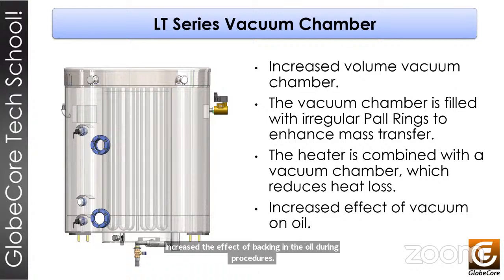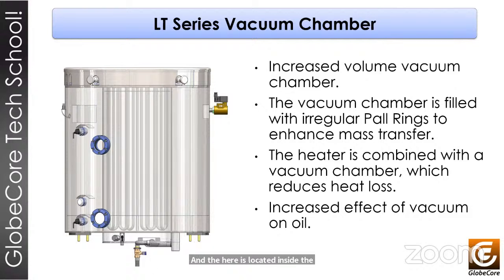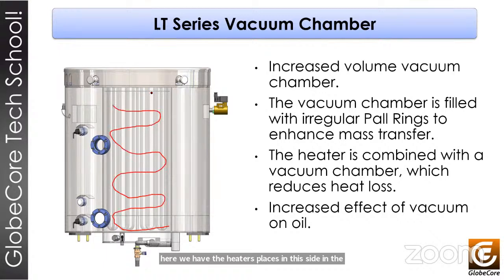And the heater is located inside of the column. You can see here we have the heaters placed on this side in the vacuum and thermal chamber, and this heater has 18 heating elements installed in it. The heater is controlled from the control panel, and the oil temperature in the heater is controlled using a thermal resistor. The vacuum column is designed